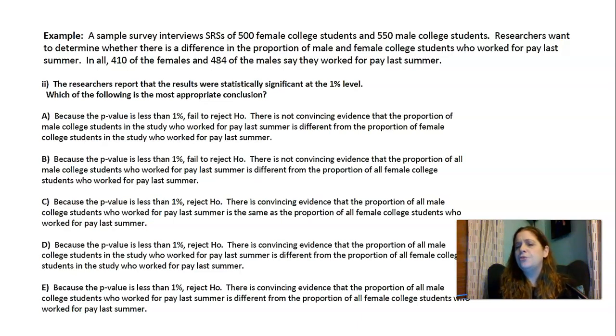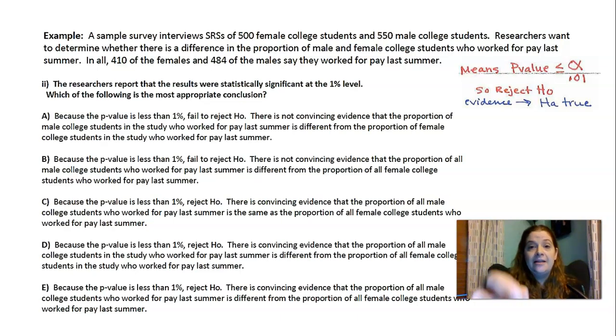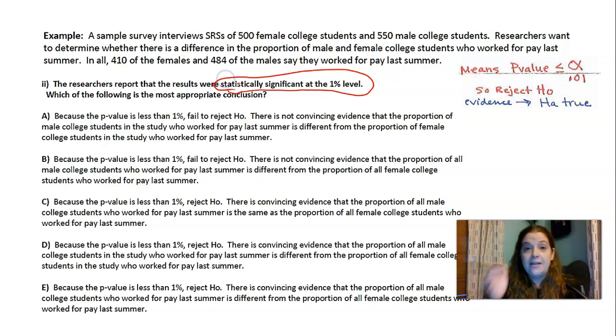Okay, so we're going to assume the researchers did that. It says statistically significant at the 1% level. Now, if you've got your notes packet in front of you, I want you to highlight, underline, do something to draw attention to this phrase right here, statistically significant at that 1% level. Basically, anytime we say something is statistically significant, we mean that the probability is really small of this happening